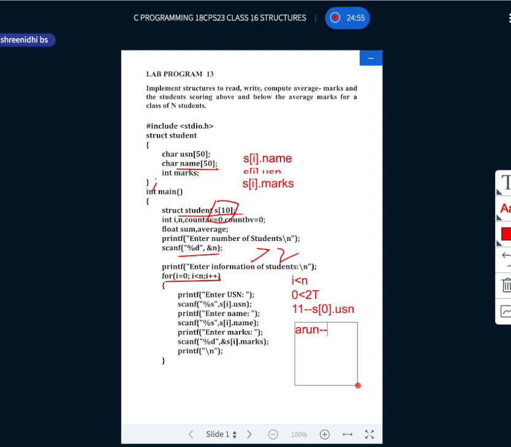Anyone? The name Arun will be stored in s of i dot name, so it will be s of 0 dot name. Next, enter the marks. Where will your marks be stored? For example, enter the marks as 25. It will be stored in s of 0 dot marks.